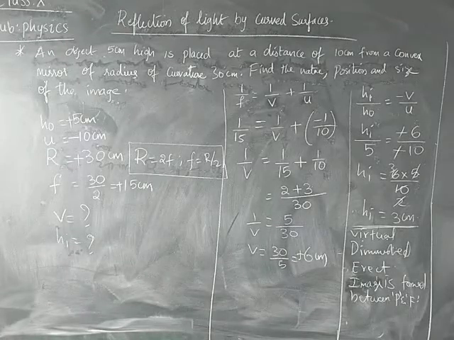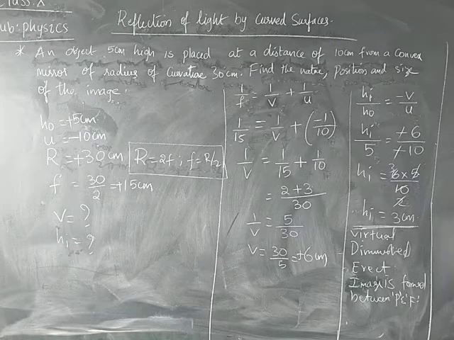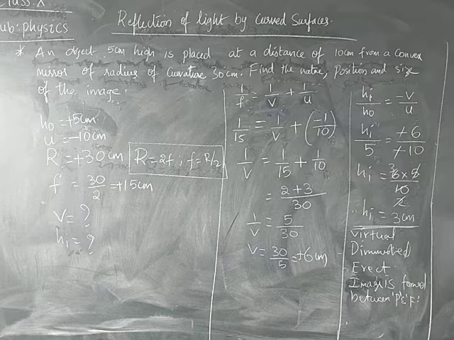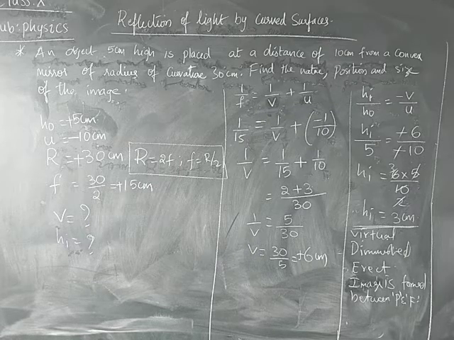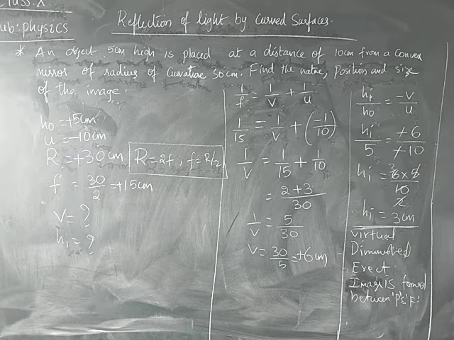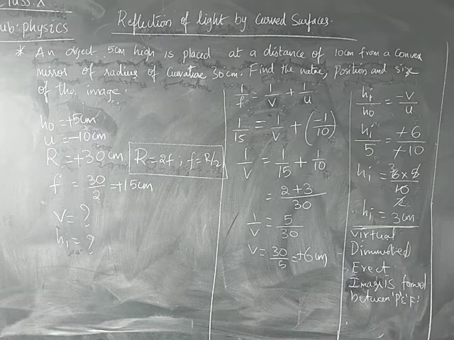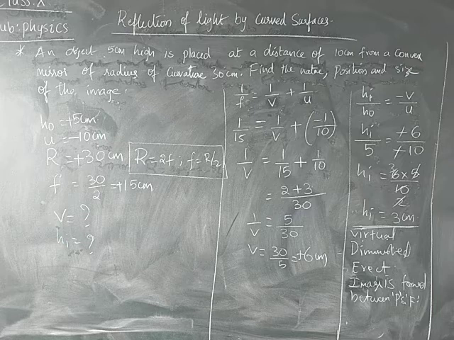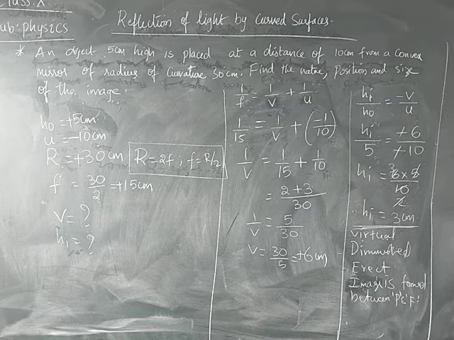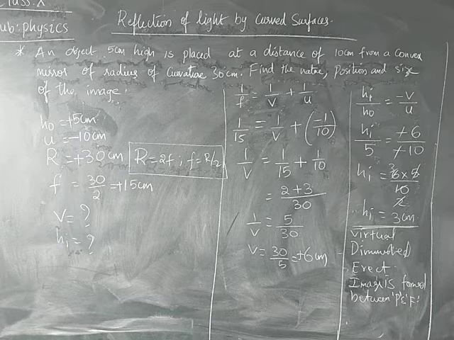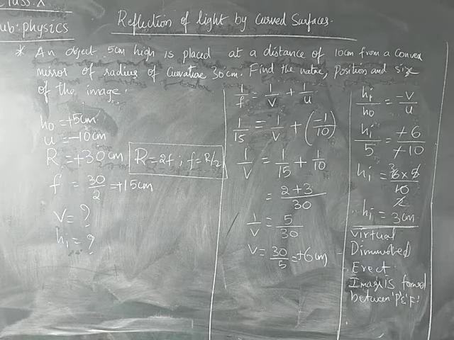Okay, right. Have you understood, children? Just as we can see over there, the height of the object is given, the object distance is given, and the radius of curvature is given. From the radius of curvature, we can get the focal length, that is f is equal to r by 2. Therefore, by using the formula 1 by f is equal to 1 by v plus 1 by u, that is the mirror formula, we get v is equal to plus 6 and the height of the image we are getting as plus 3 centimeter.